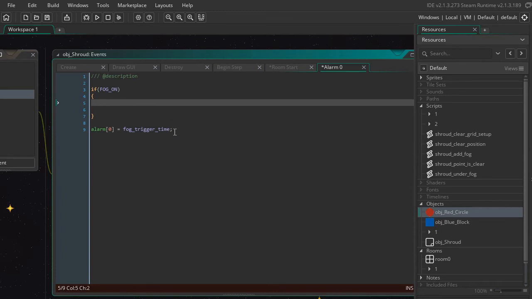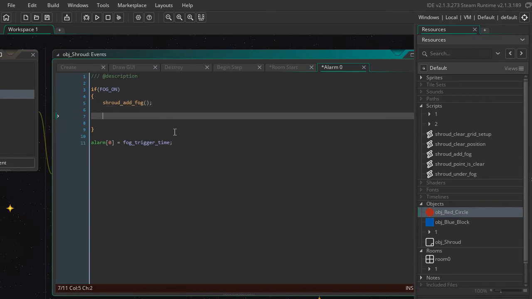And we'll say stop adding the fog, so we say shroud add fog, so we add fog to anywhere that's been cleared, and now we clear the current